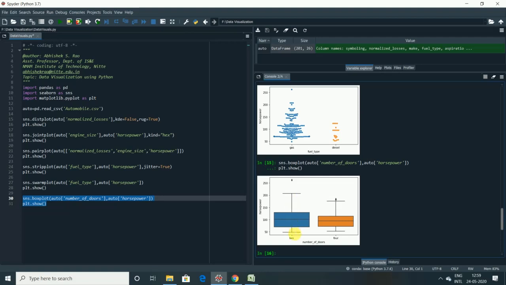These are probably the outliers, which do not follow the rule of 1.5 times the interquartile range. Interquartile range is Q3 minus Q1, the quartile 3 minus quartile 1. The outliers do not follow the rule of 1.5 times the interquartile range, right?